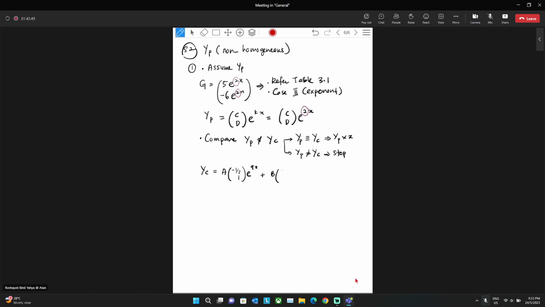So the pattern looks similar. Okay. Constant, exponential, constant, exponential, constant, exponential. So here, YP similar to YC, so that YP multiply with X, then you will get